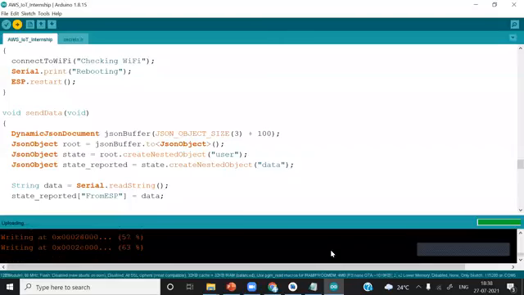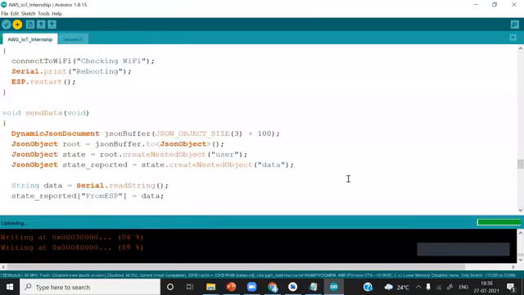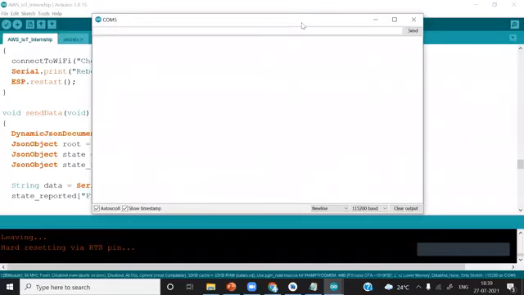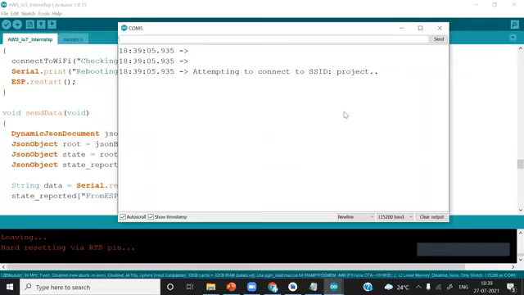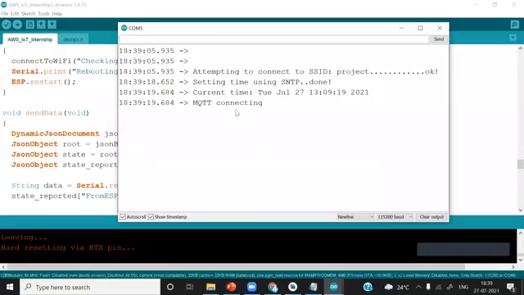I will turn on the hotspot of my smartphone with the same credentials that we have in the secret.h file. I will check if it gets connected. Okay, it got connected with the hotspot. It is trying to connect with AWS IoT now, with the broker.